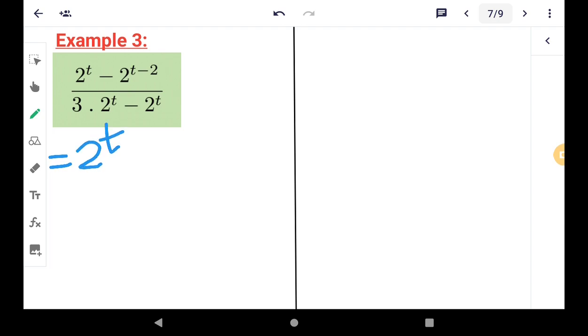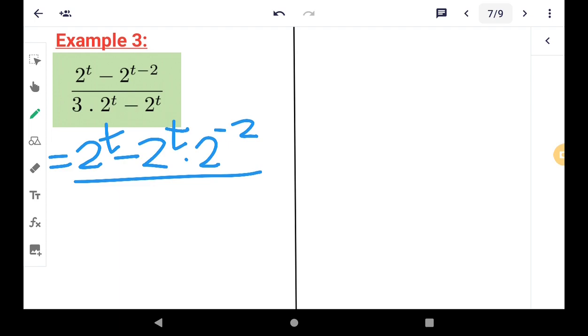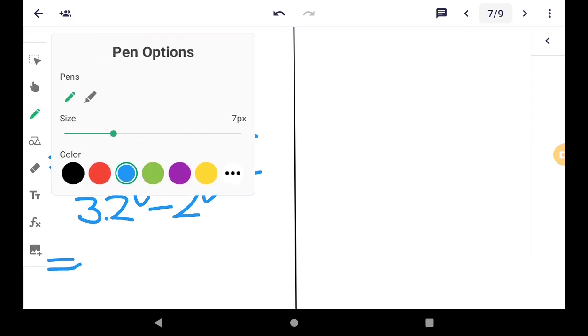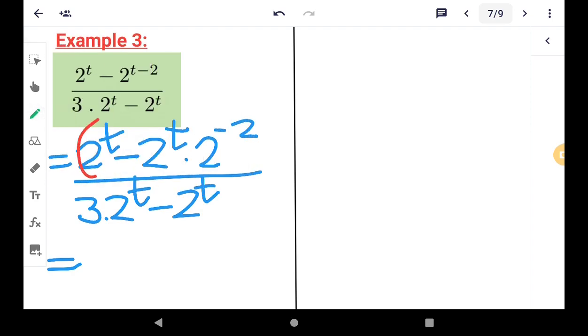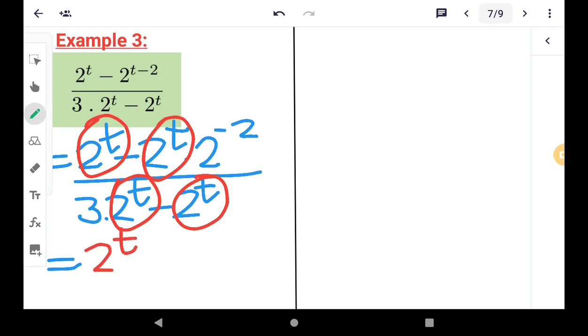So the first thing you do is you break this up into its different powers. So you go minus 2 to the power of t minus 2, which is 2 to the power of t times 2 to the power of -2, over 3 times 2 to the power of t minus 2 to the power of t. Now I want you to notice something. We've got a common factor here, 2 to the power of t. So you take that out, 2 to the power of t